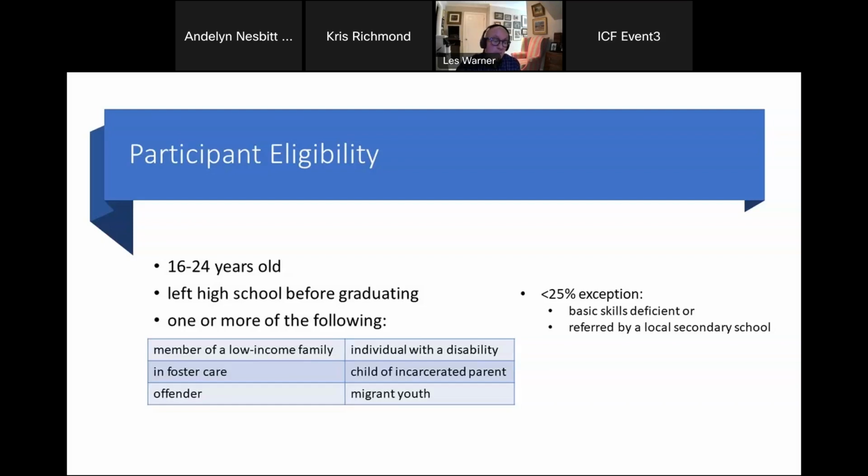So your first question related specifically to eligibility for participating in YouthBuild, and this is the portion of criteria on that.